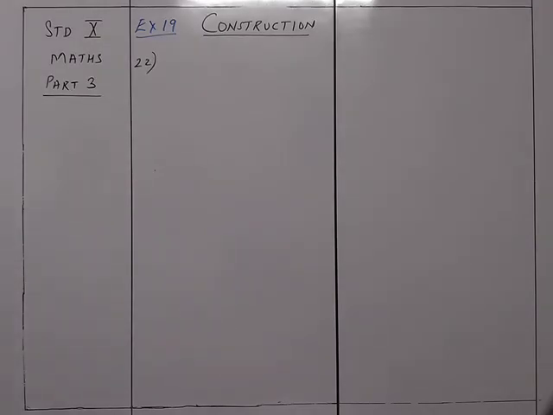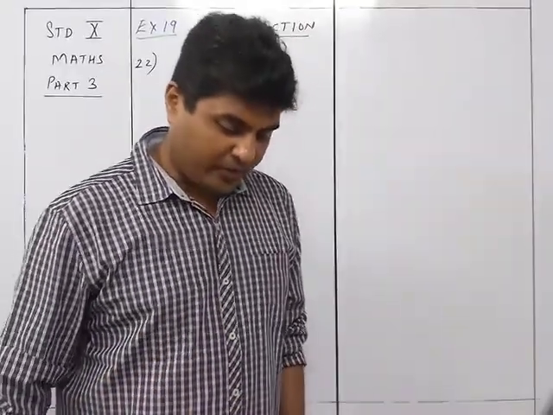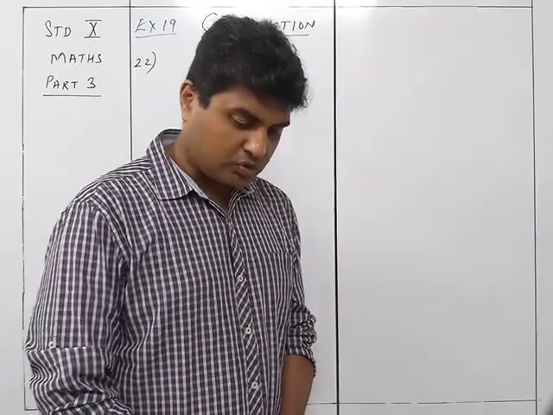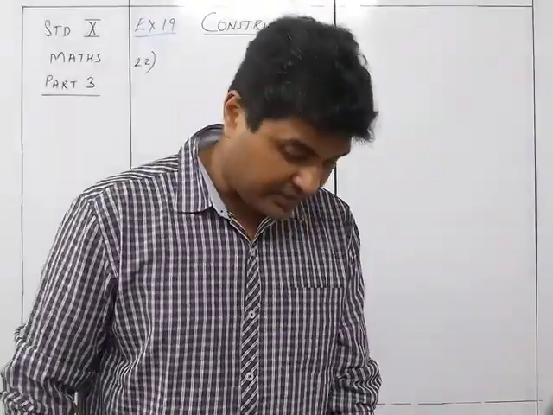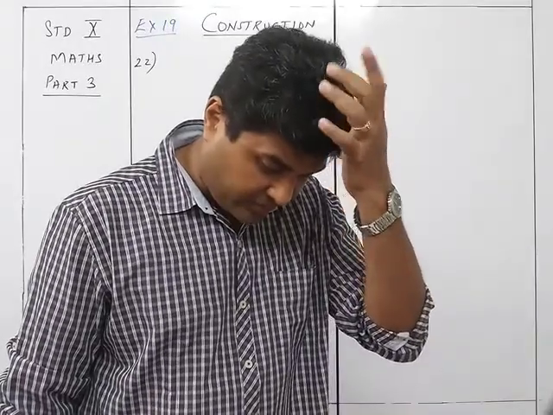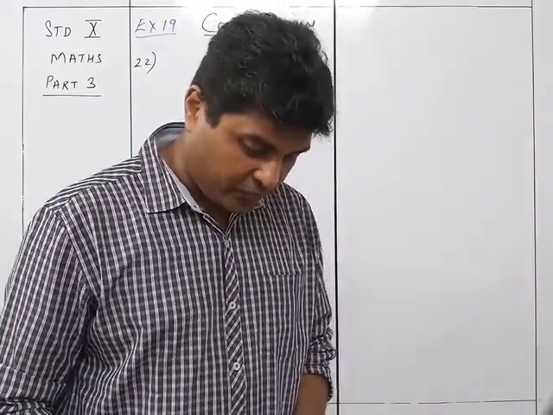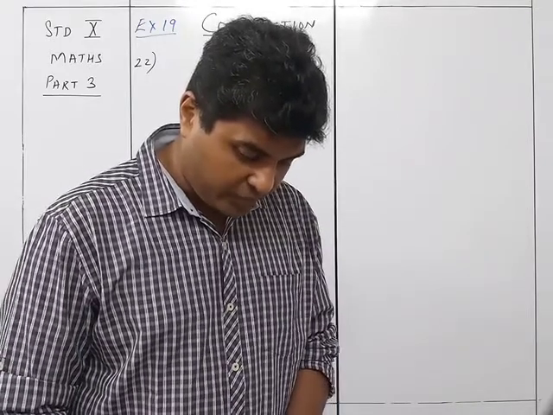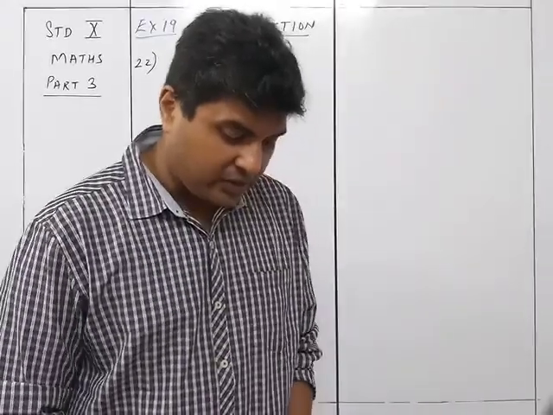So we continue with sum number 22 now. I think I will continue that way only: 22, 24, 26, 28. I'll just complete those ones because they are all similar, so there is nothing as such which is going to be different. But I can see one of them with a tangent over here, so it's better that we take 22, 24, 26 and all. Okay, let's see. So sum number 22.